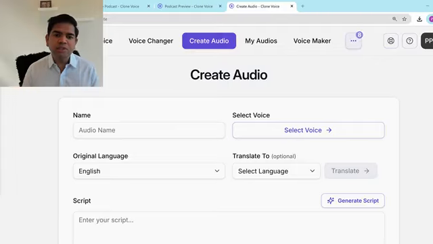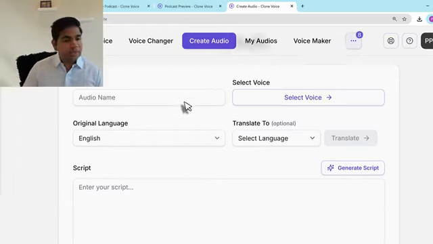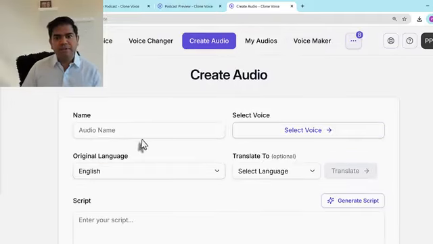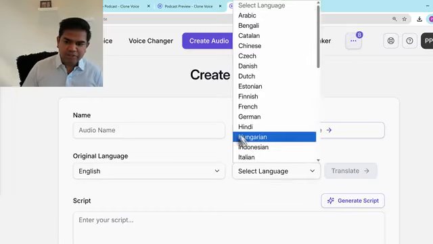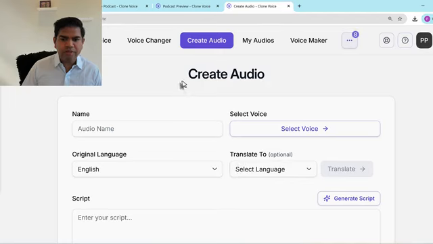All right. So now once you create a cloned voice, what do you do next? What's the next process? If you don't want to use podcasts with multiple people speaking, you just want to create audio, and you can even generate multiple languages depending on the clone. For example, if you're a native Hindi speaker, cloning a native Hindi voice will give you better quality and sound more like you compared to the translate feature. But you can treat translate like AI dubbing, where it'll dub your English voice into another language, even if you don't know how to speak that language.